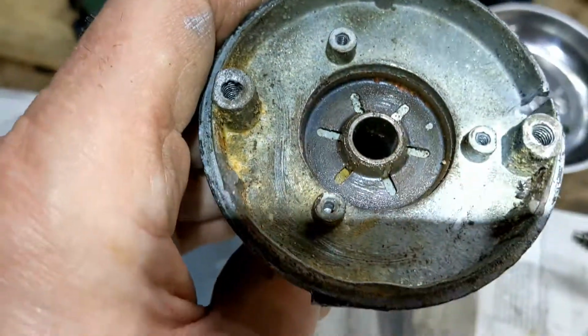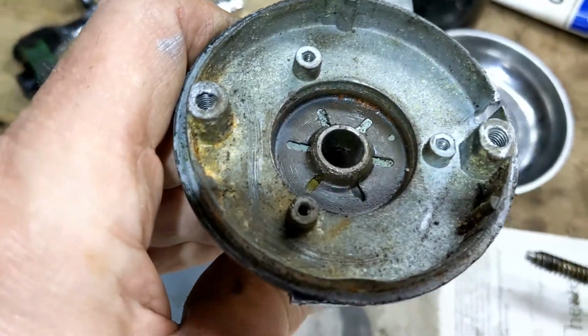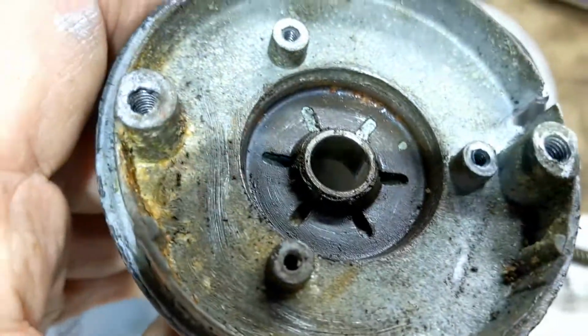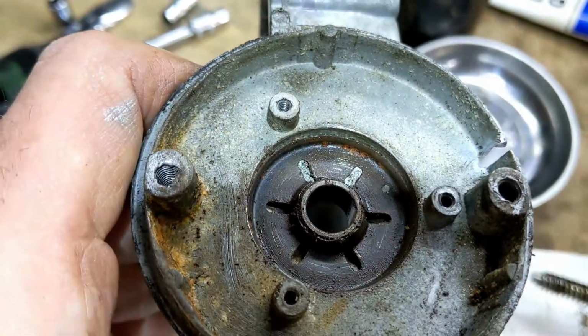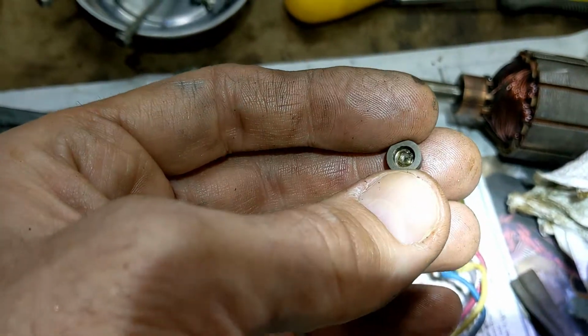And it's a bit mucky inside. I've cleaned it up a little bit. Obviously water's got in here at some point. So I'm just going to clean it up, grease that hole. I've sanded the hole out. I'm going to sort of clean those brushes a little bit and then put it back together and see how it runs. And that piece I found in the casing earlier